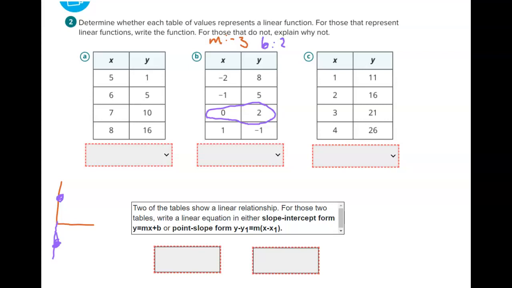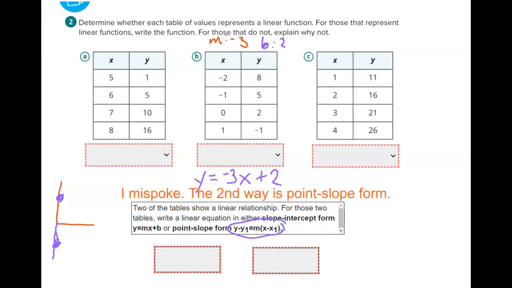All right, so now we've got everything that we need to write the equation in slope-intercept form. So y equals m, which is -3, x plus b, and our y-intercept, or our b, is 2. Done. Now, an equally correct second way to write an equation for this function is to use